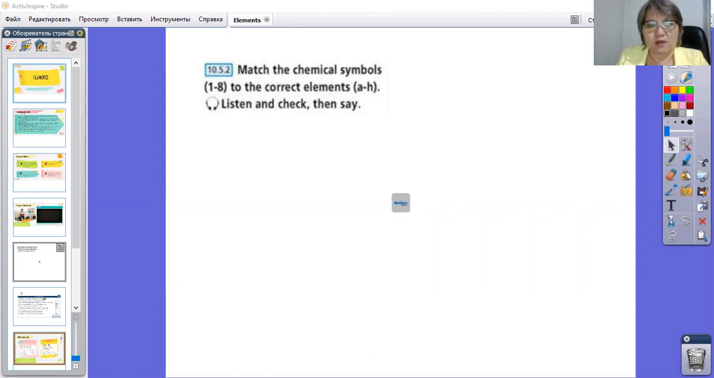For example, F here, C, silver, silver here, and the C, oxygen, B, gold. We will check. If we have mistakes, we will correct it. Then the next task